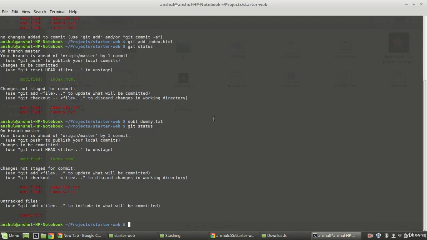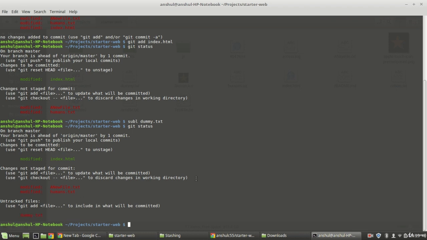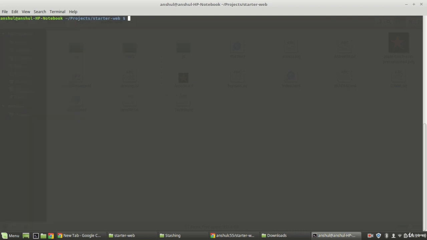So now we have three categories. One file is modified but it's in the staged area. Two files are modified but they are not in the staged area, and one is an untracked file. It is a new file. Now clear, and I'm going to execute git stash